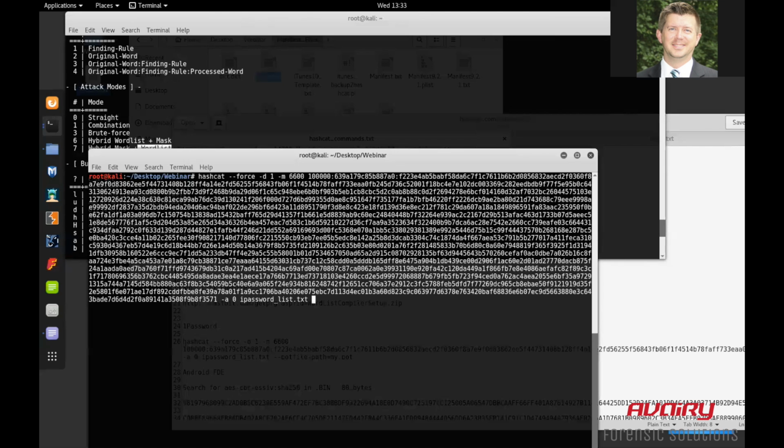And if you want to brute force it, you can do that too. Just be prepared to take a long time, or it may be impossible to do. We're ready to go, but what I'm going to do is one last command that you can choose to ignore or not. This pot file is where it stores your passwords that it has cracked in the past,